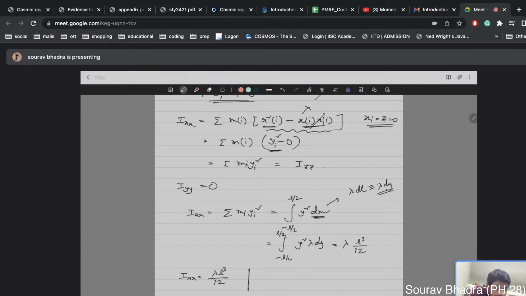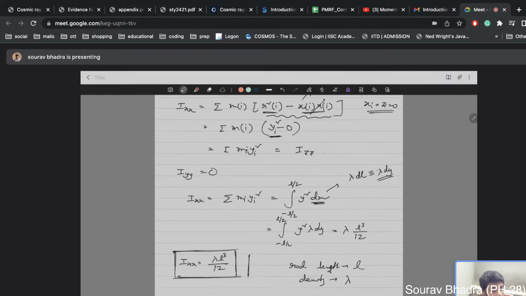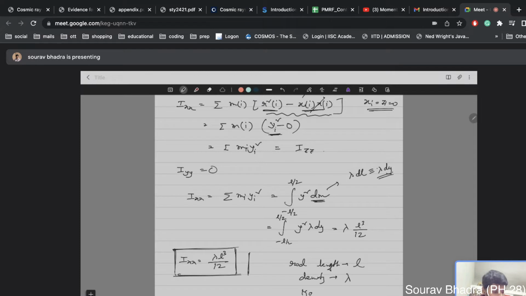Now this is correct, no problem in that, the result is fine, but we always want to express our moment of inertia tensor in terms of the mass of the body. So which body are we considering? As we have a rod of length L, density lambda, then the total mass of the rod is